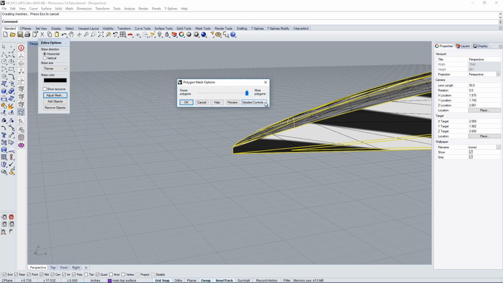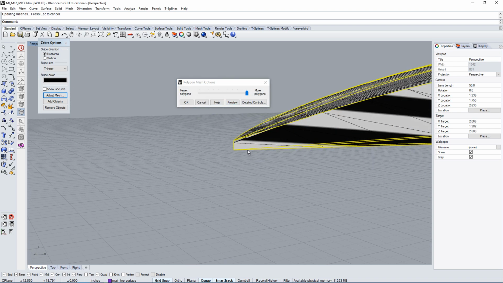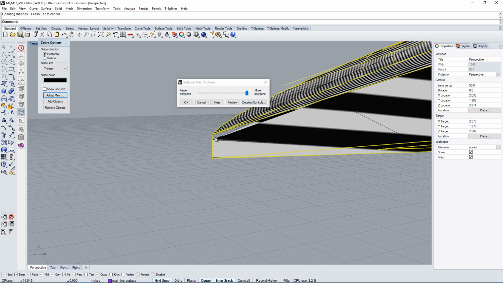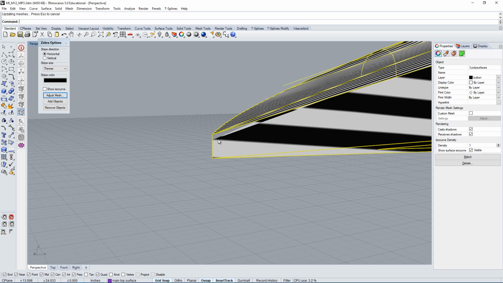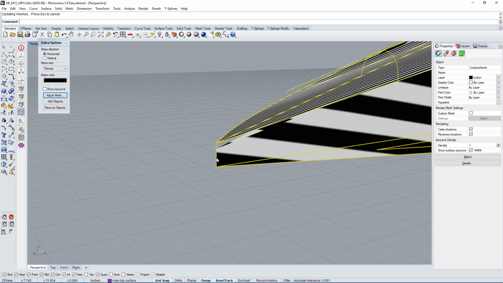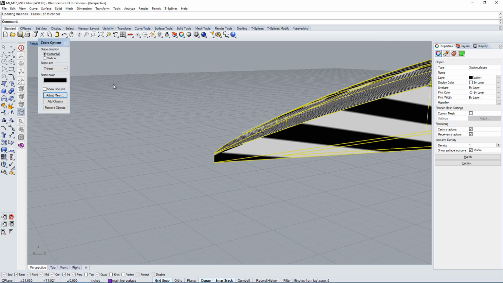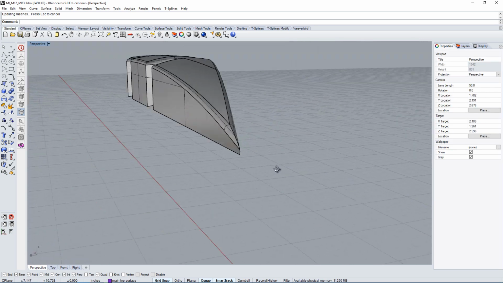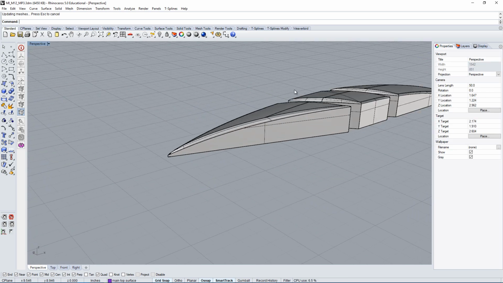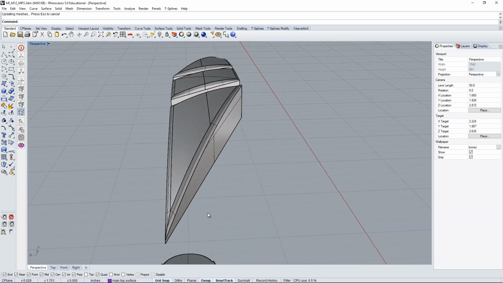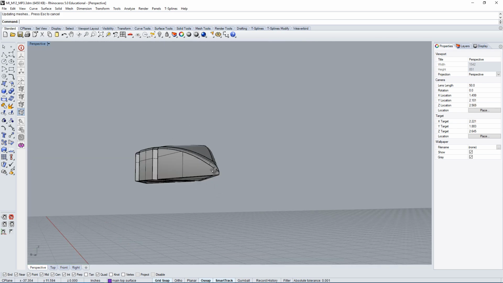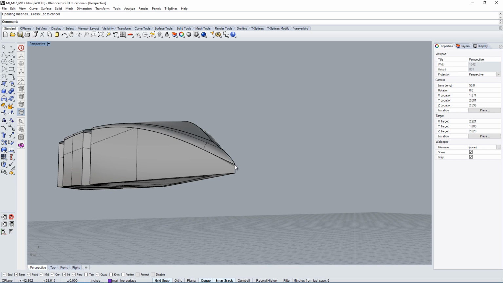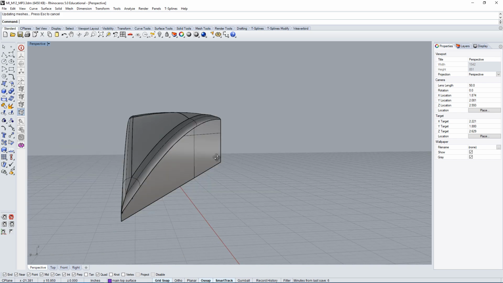Now if you crank it up, it's going to look like it's better, but you still have this small issue here, which again indicates that you do have some kind of tolerance issue in this model. So that's one way to identify why this type of issue would happen. But now I'm going to run you through how to solve it, and show you how you can get a clean edge without having some kind of open point or open edge.